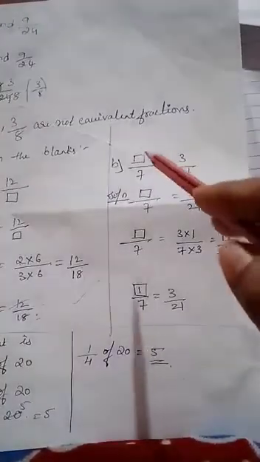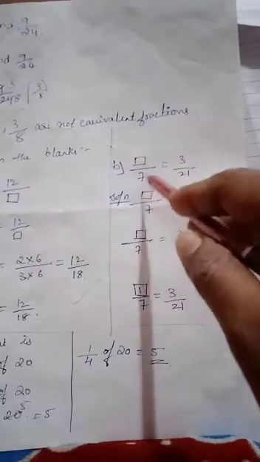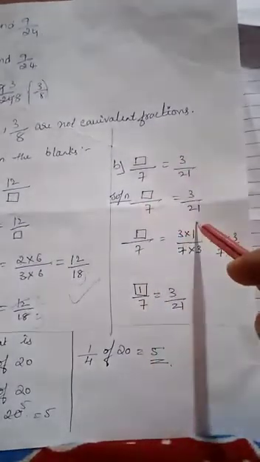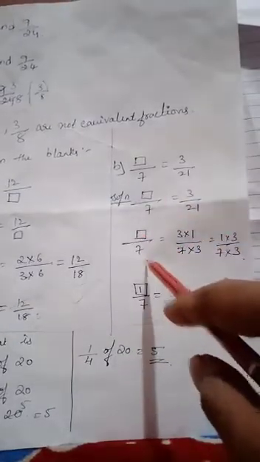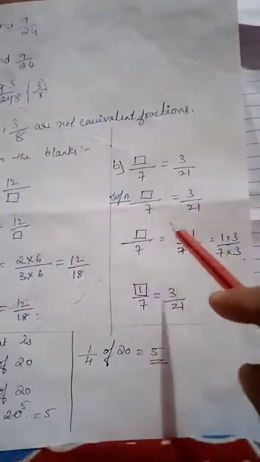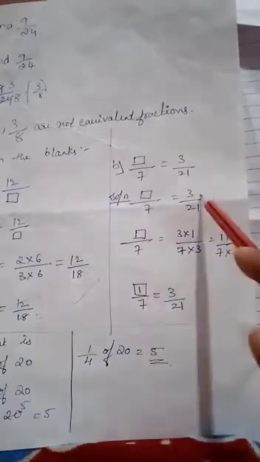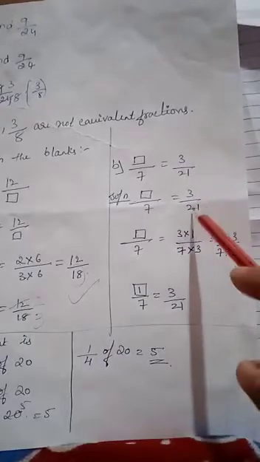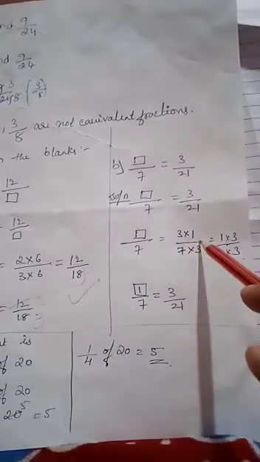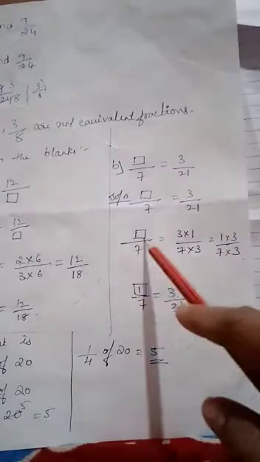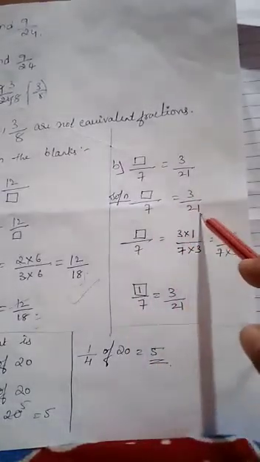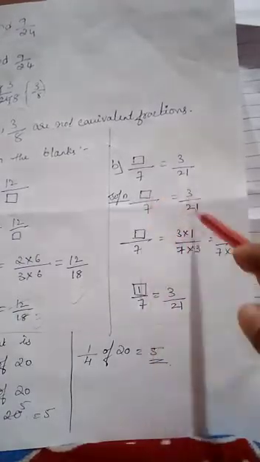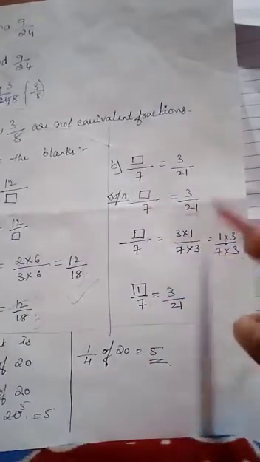Here, dash by 7 is equal to 3 by 21. We write the question as it is. Dash by 7 equals, we don't know, but here they have given us. But let us guess what will be there. 3 into 1 we will be writing. Here we got 21. 7 how much are 21? 7 threes are. Let us rearrange first.